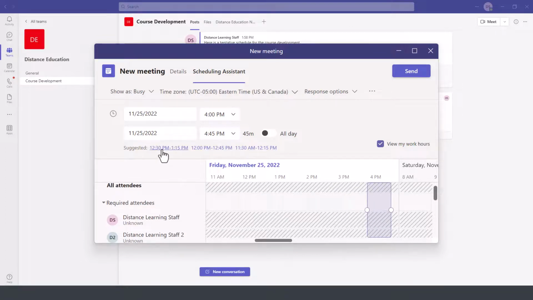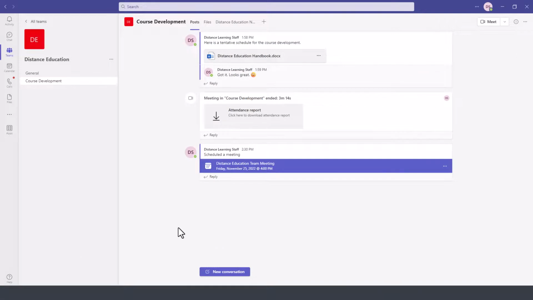Notice you also have suggested times, and then once you're all set with this, you press send, and then this will add it to the feed here for the discussion, for the posts feed. It will also send an email invite, and it will prompt them in their scheduling software, in most cases